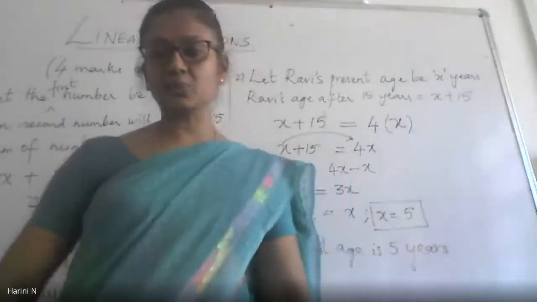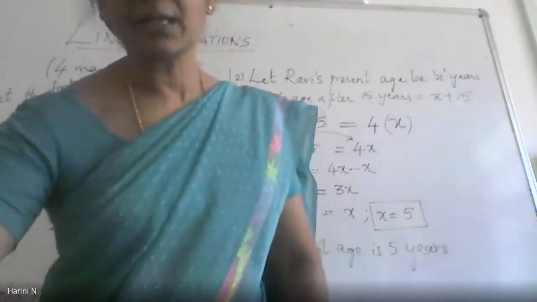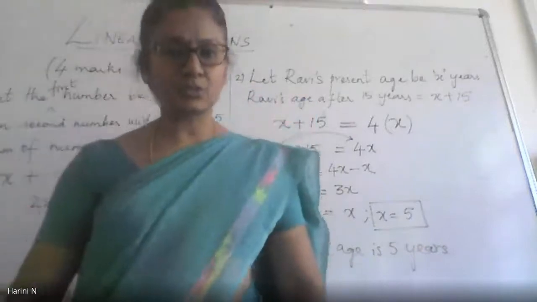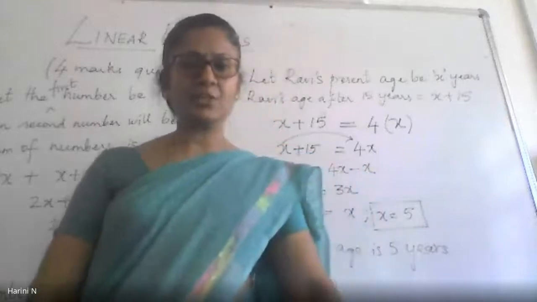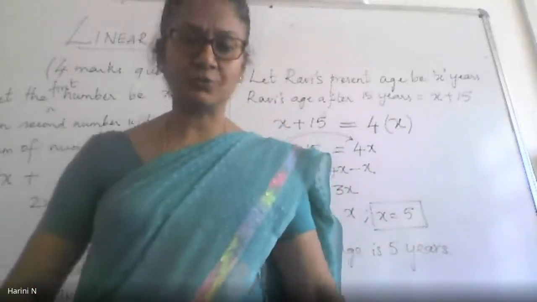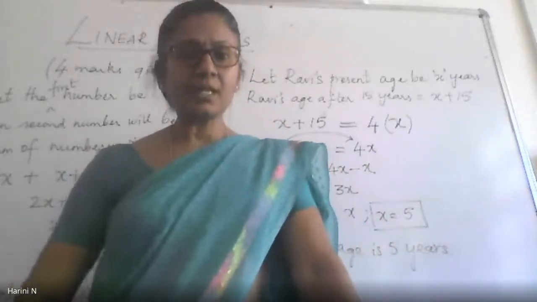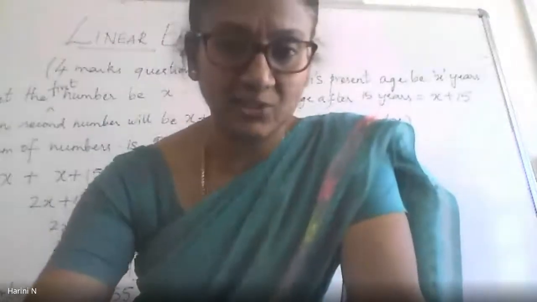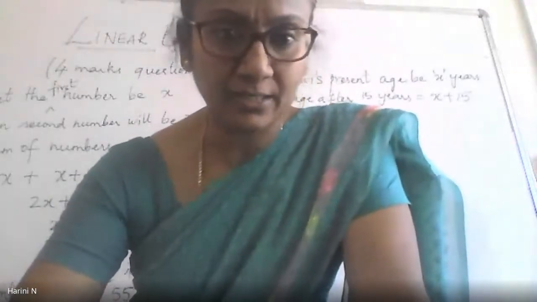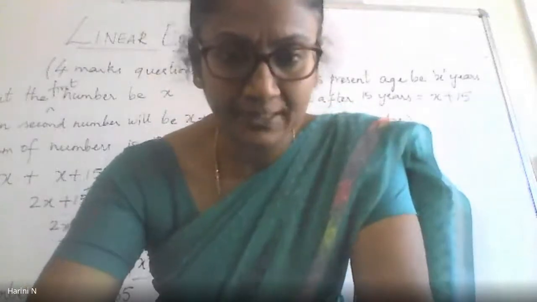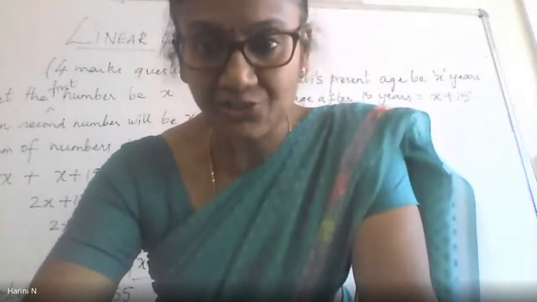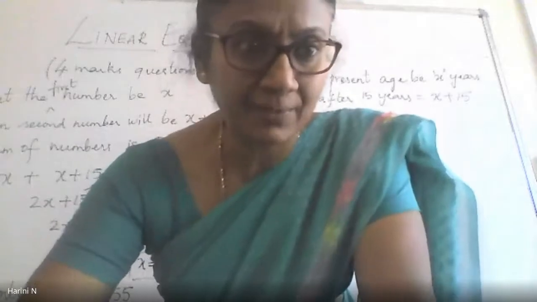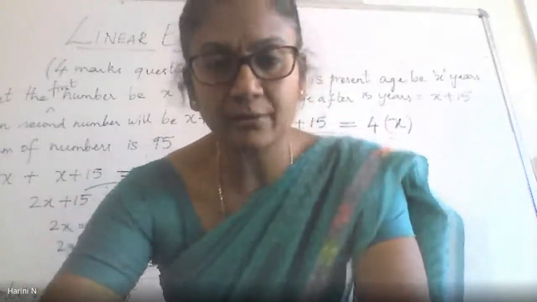Maybe we can discuss one more chapter also today quickly. Maybe the constructions, because do you think I need to repeat the constructions? Is there any doubt in any of the constructions that we have done so far? Now let us quickly go back. If you have your textbooks with you, I am just looking at the practical geometry part. Okay, there is one question in section C and one in section D. That is one 3-marks and one 4-marks.